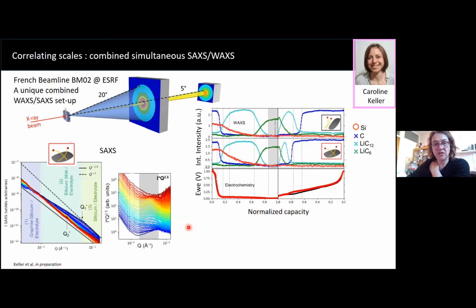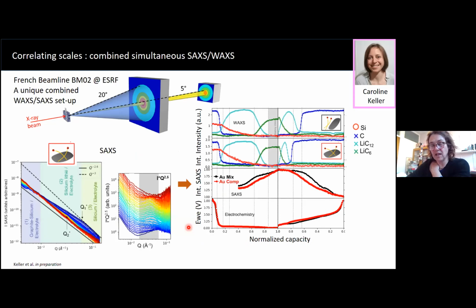We process the data a bit such that we can integrate the regions of interest where there are major changes. And what we do is we plot the variations of the integrated intensity during lithiation and delithiation for the two samples, so for the composite in red and for the blend in black. And now what is very nice is you correlate the nanoscale expansion of the silicon to the graphite situation, and you see that the boundaries fall exactly on regions where things